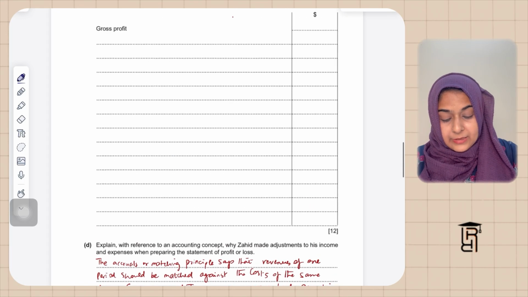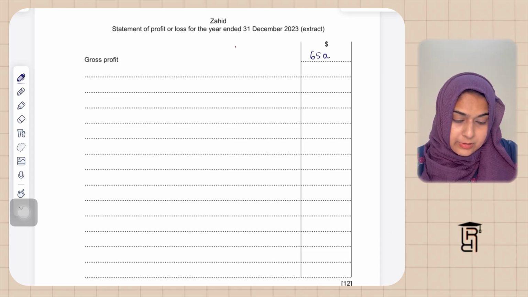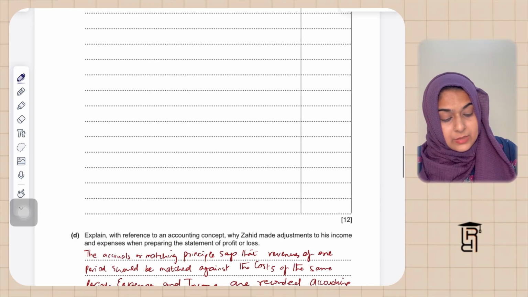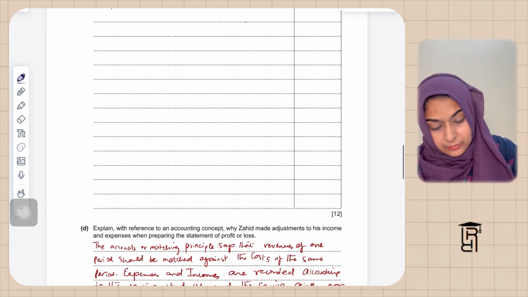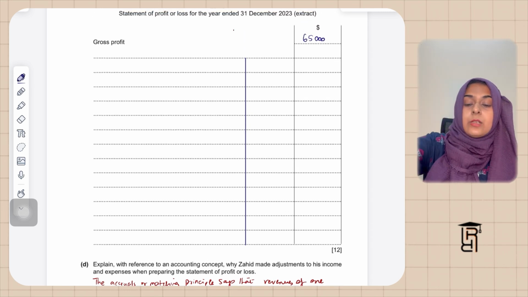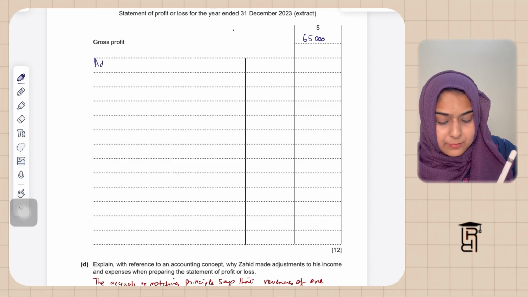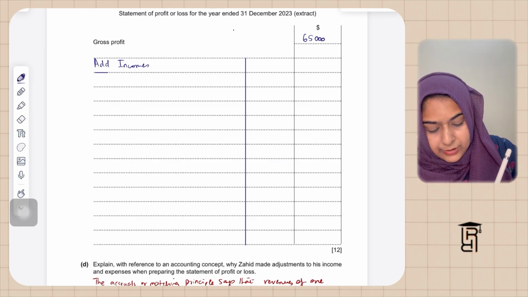तो ग्रॉस प्रॉफिट इस केस में हमारे पास था 65,000, हमने कैलकुलेट किया था। इसके बाद आई मेक अ लाइन हियर सो दैट आई कैन राइट माई इनकम्स इन द फर्स्ट कॉलम, इनकम की इंडिविजुअल वैल्यूज इन द फर्स्ट कॉलम एंड देन टोटल इन द सेकेंड कॉलम। सो बेसिकली ग्रॉस प्रॉफिट के बाद हम करते हैं ऐड इनकम्स, तो यहाँ मैं लिखूंगी ऐड इनकम्स एंड आई एम गोइंग टू राइट हियर प्रॉफिट ऑन डिस्पोजल।